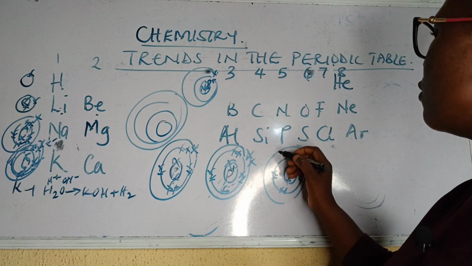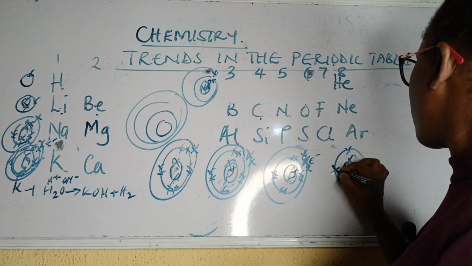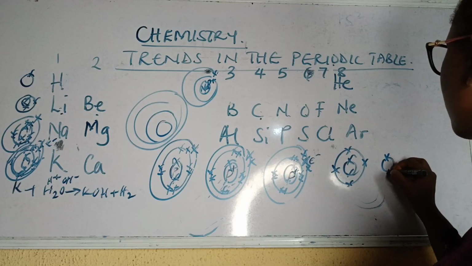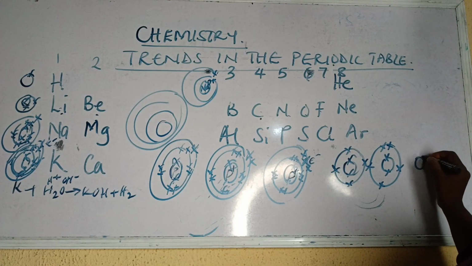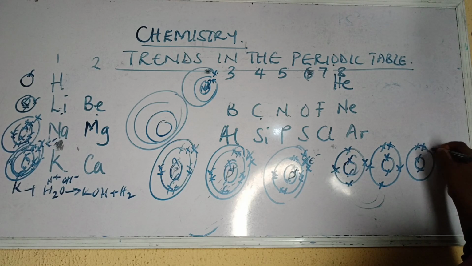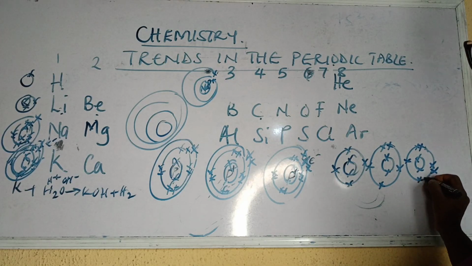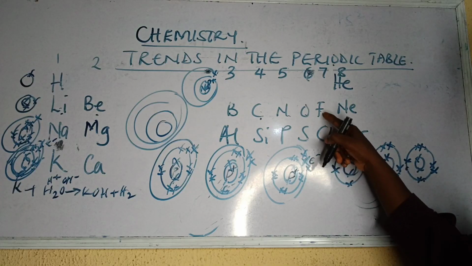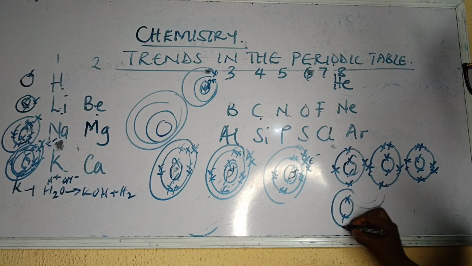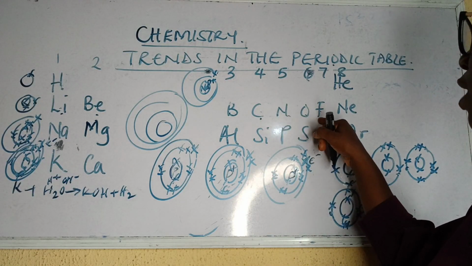For instance, carbon here is 6. We have 2 and 4. Nitrogen is 7, 2 and 5. Oxygen is 8, 2 and 6. And how do we draw the 6? This one needs 2 more to complete its shell. This one needs 3 more to complete its shell. Fluorine is 9, 2 and 7. It needs 1 more. So we can see here that it's easier to gain as we move across the period